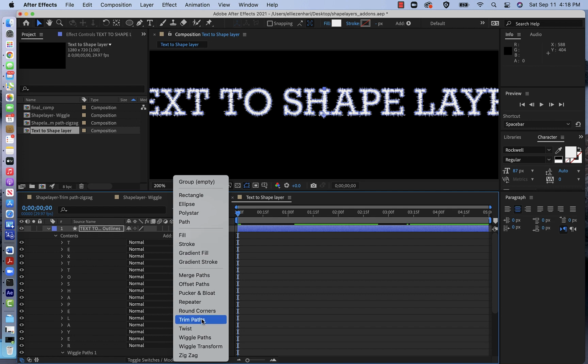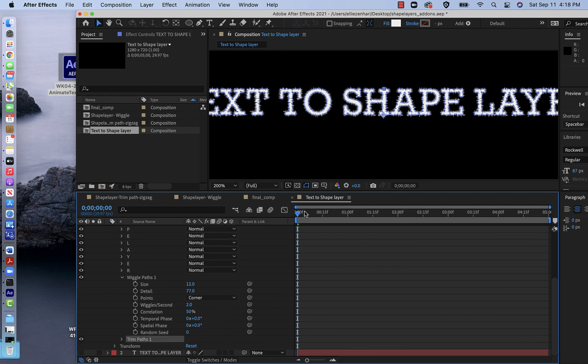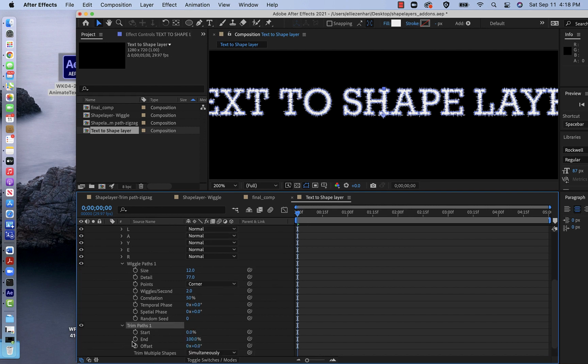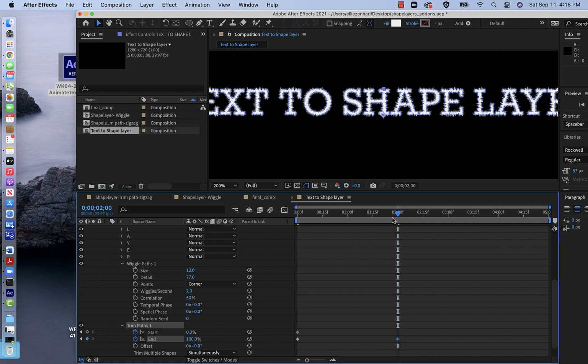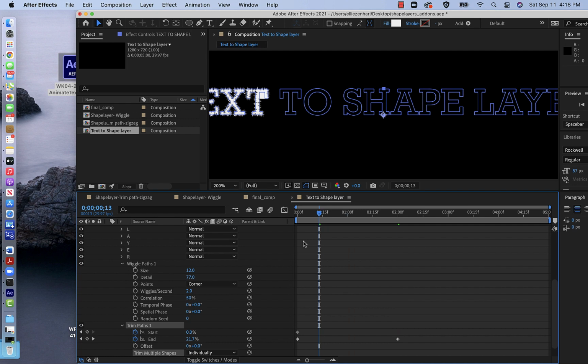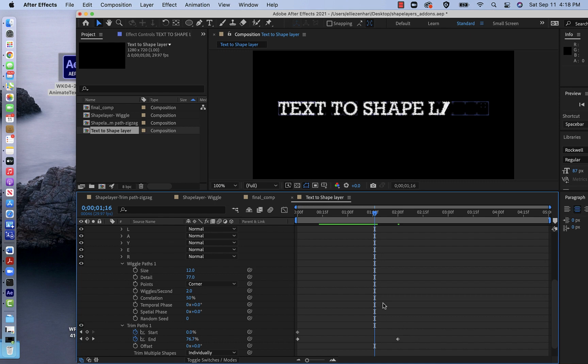You could do trim path, and then again, remember, you want to make sure you're in the beginning of your time frame. The beginning and starting of your keyframe should be 0, 0, and then you want to go to wherever you want your text to fully appear. Let's say here you want to change the end to 100, and make sure the trim multiple shapes is set to individually. If I come back here, you can see that it basically draws the text,